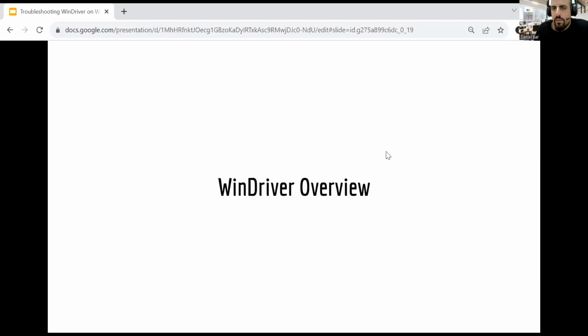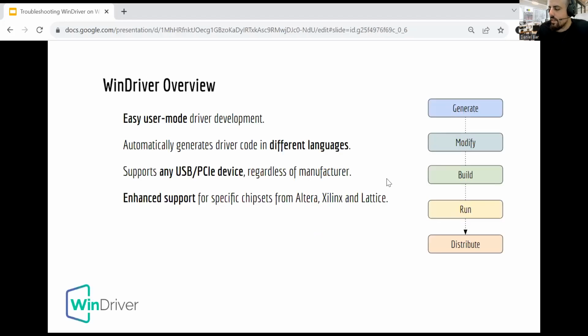Now we will have a quick overview of WinDriver, which will serve us in the next part, in the case studies, so we can understand what went wrong when installing WinDriver. So if you are not familiar with WinDriver,